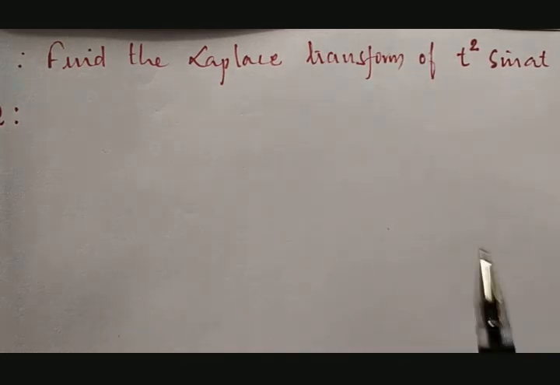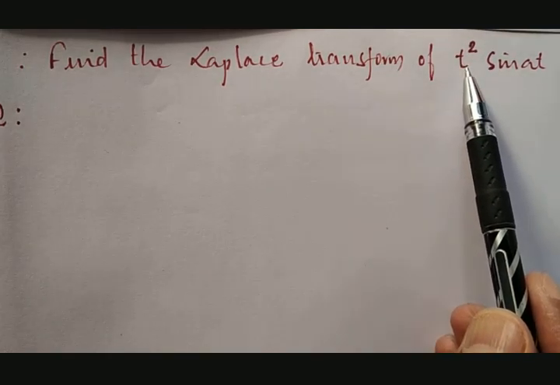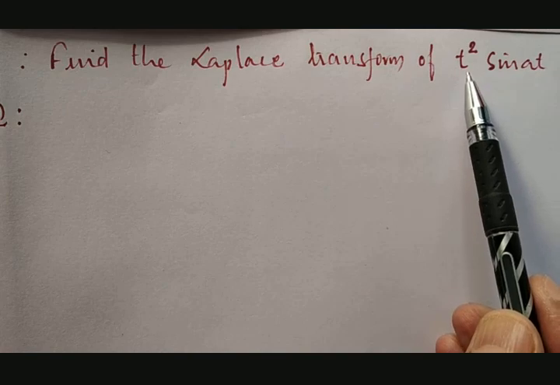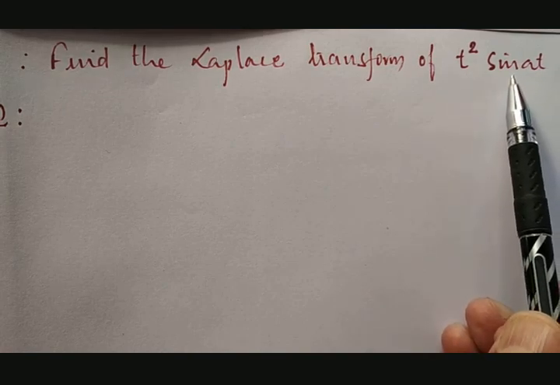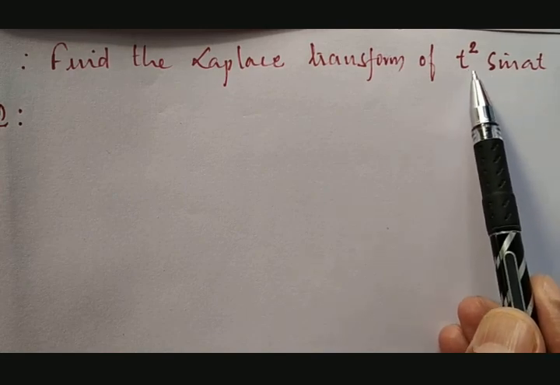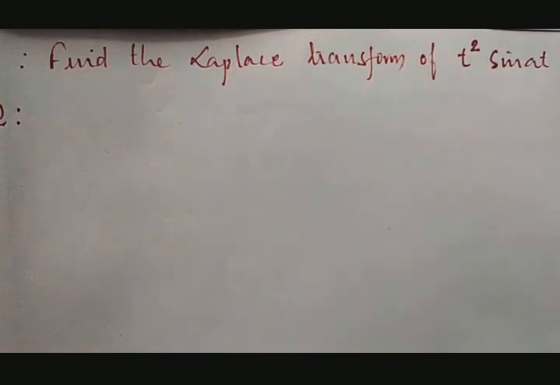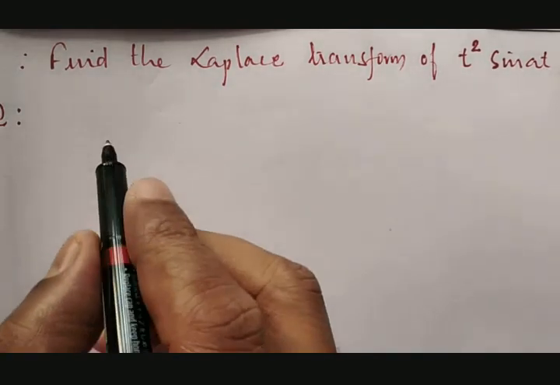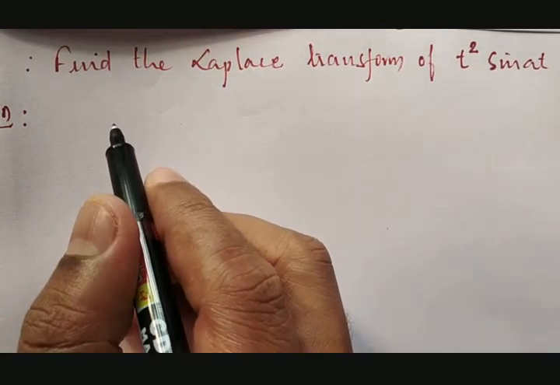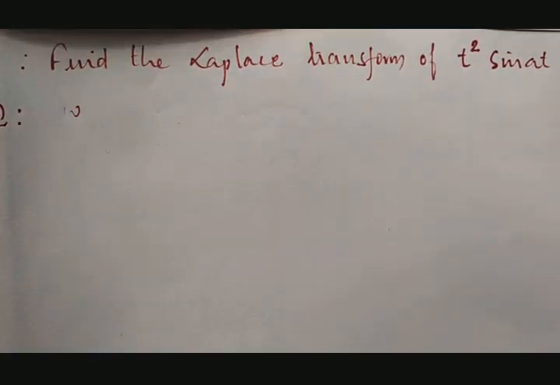If there would be a plus or minus between these two terms, we would have applied the Laplace transform directly, and we know the Laplace transformation of t square and of sin at independently. But here, since it is a product of these two, how to obtain the Laplace transform? For that, very first, what to do? We should understand which property is applicable. The property which is very much suitable here is the derivative property.